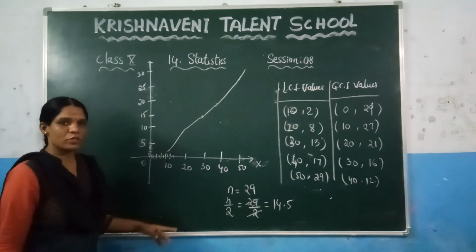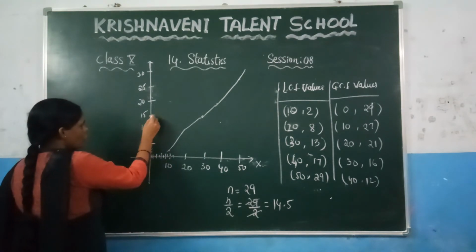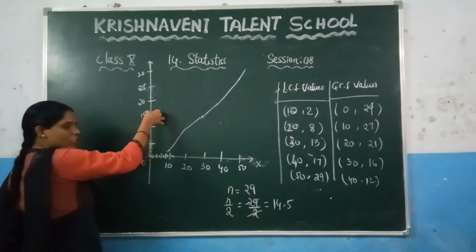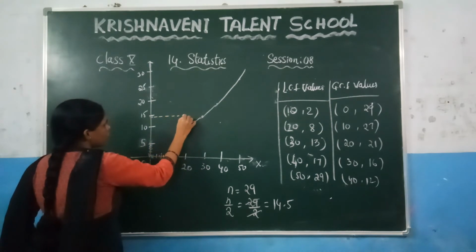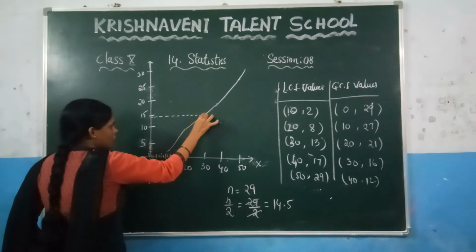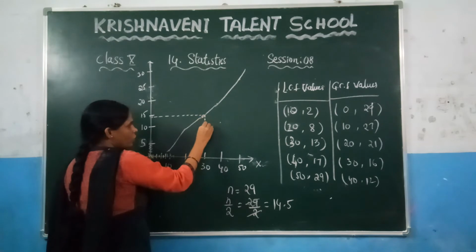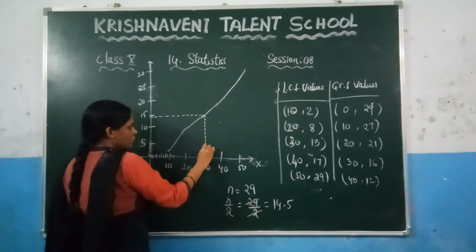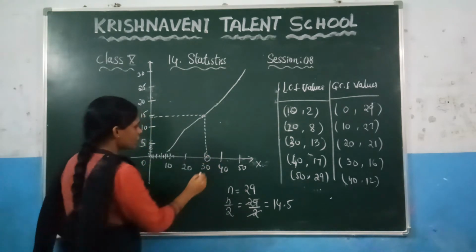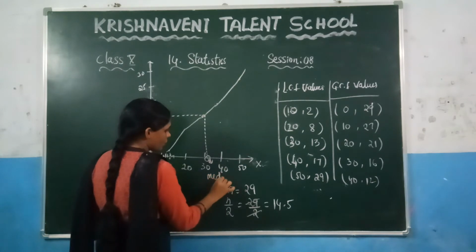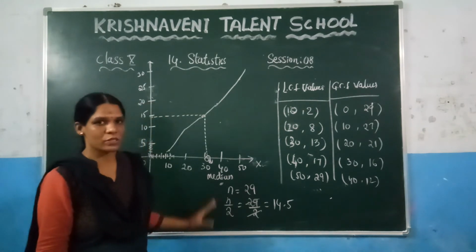So here, you need to check on the y-axis where is 14.5. Here you can observe that this is 10. 14.5 will be there, after that you will get 50. Now, you need to draw one parallel line like this. And where it touches this curve, at that point you need to draw one more parallel line like this. And where it touches the graph on the x-axis, this will be the value of the median. Without calculating by using the formula, you can directly find the median by using the graph like this.